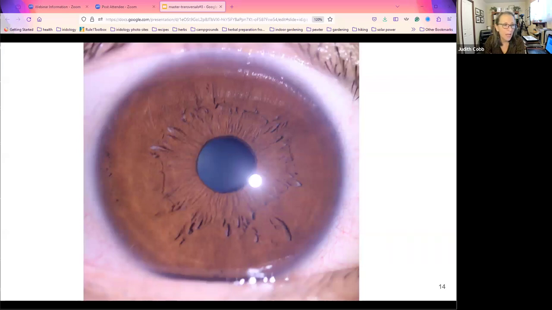Some people say that it's really difficult to assess a brown iris because you don't see all of the fiber structure here. And there is some truth that you don't see all the fiber structure, because there's enough pigment in that anterior border layer sitting on top of the fibers that you don't see them. And that's one of the defining markers of a brown eye: you don't see any pigment.